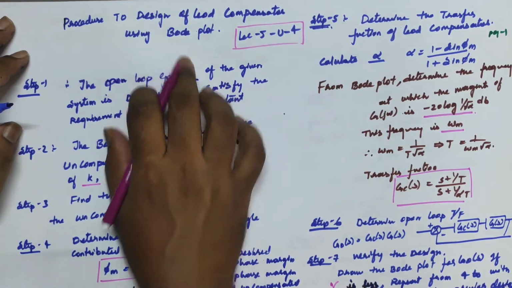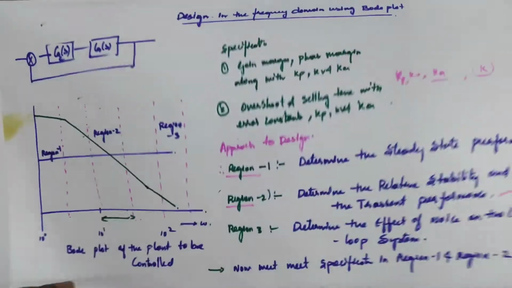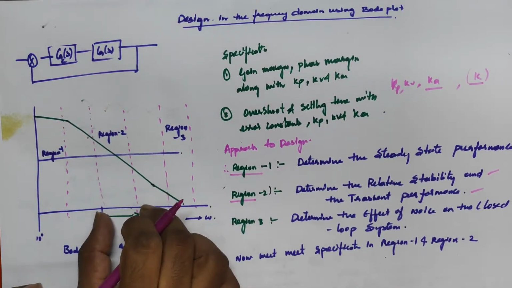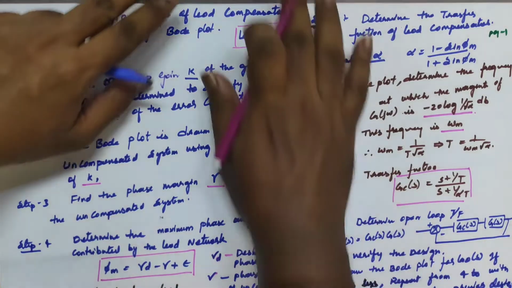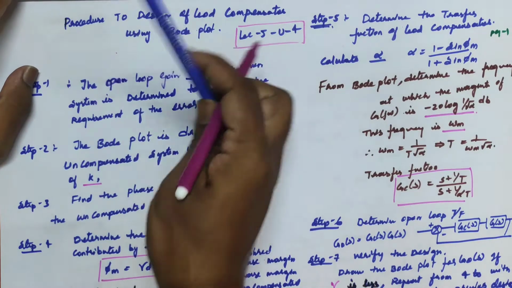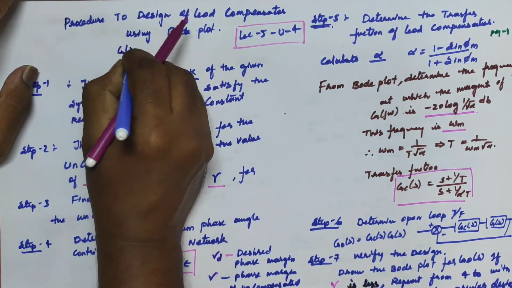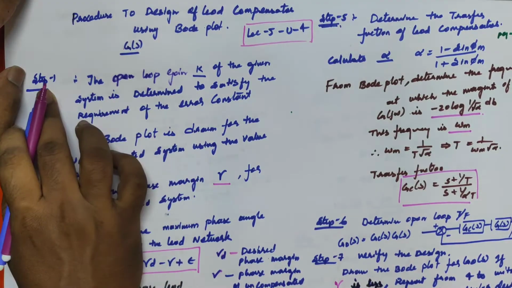So I just speak about the previous lecture. We were just involved in region 1 and region 2. Based upon the procedures I'm teaching, you will be given an open loop transfer function G of s, some function G of s. Now in step 1,